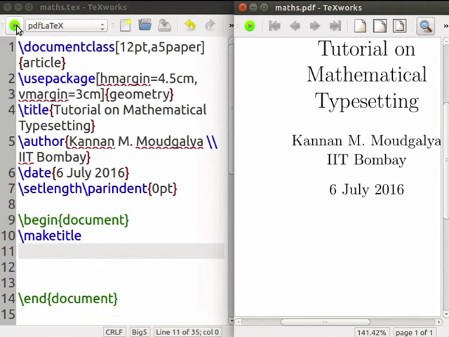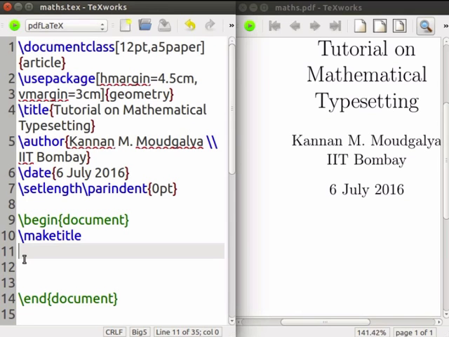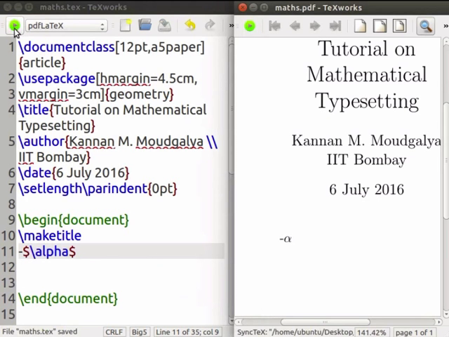Let us now discuss a rule for creating minus signs. Suppose that we want to create minus alpha and compile. Notice that the minus sign appears as a small dash here.